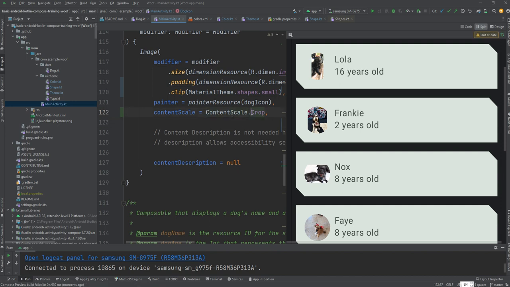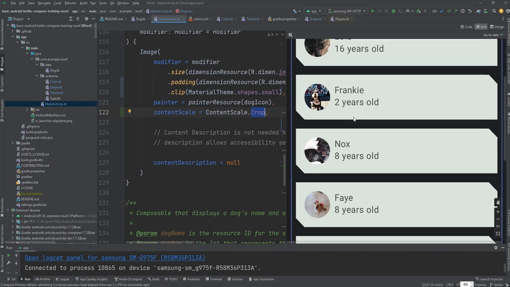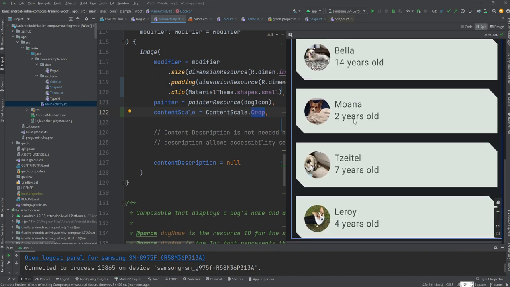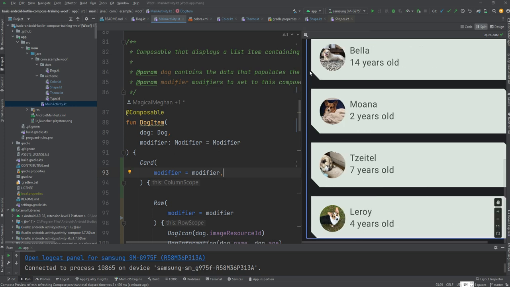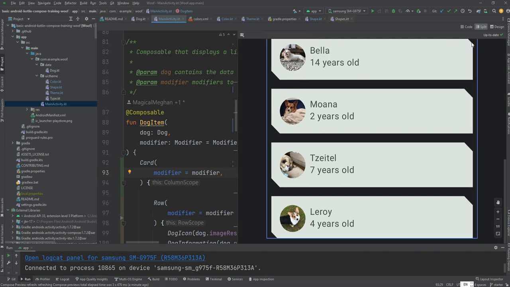If you add this one, it will fit the picture to the whole circle, making it more beautiful. Okay, let's see. After this crop, everything looks good, perfect. Another thing is the card. When you look at the card, you can see that it has the bottom left corner and top right